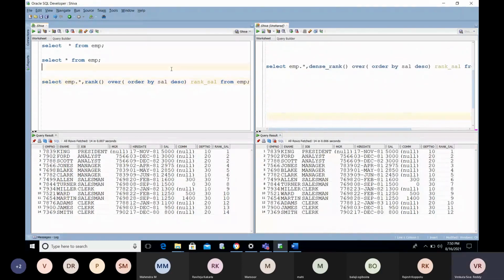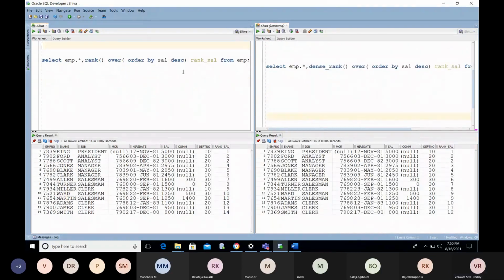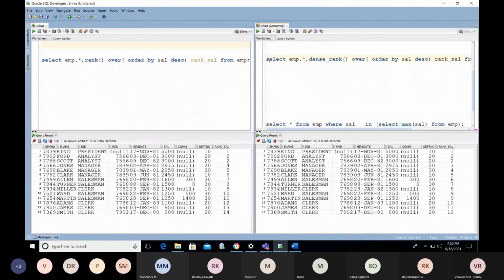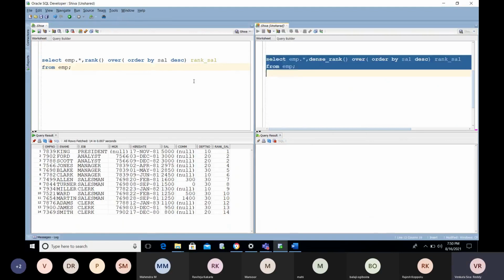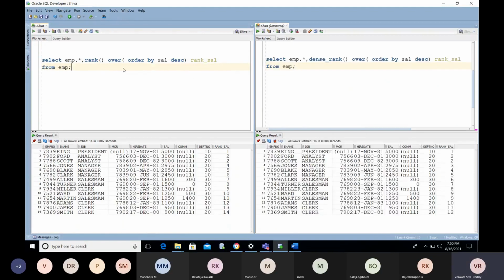Okay, this is the table. Now we have provided the table like this. This is using the RANK function. This is using the DENSE_RANK function. Now I'm going to run these results. Observe, you are going to miss some ranks here, between consecutive ranks.